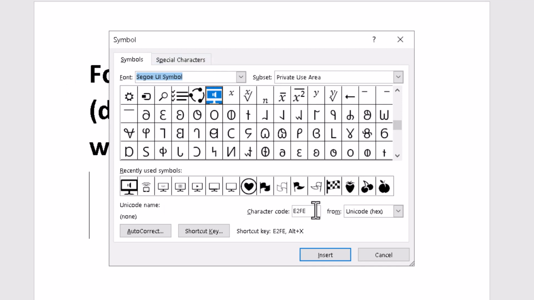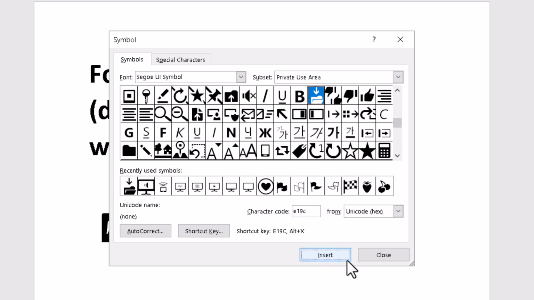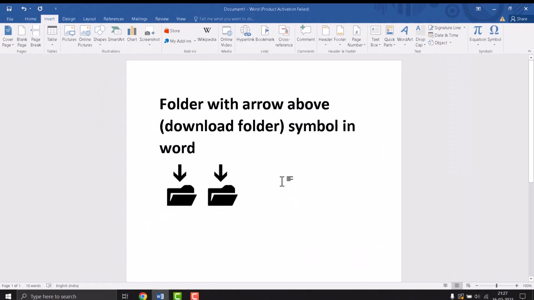Now you need to type this character code. Just type this character code: E19C. Just type this character code and click on Insert. Now close it. So this is a very easy and simple method to insert this folder with arrow moving downward